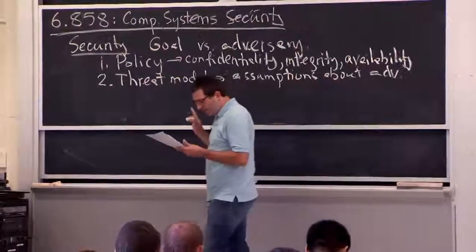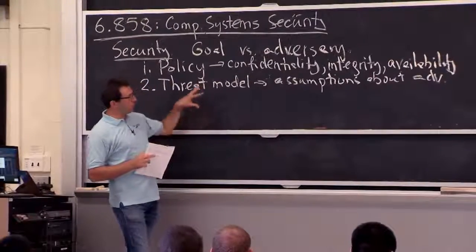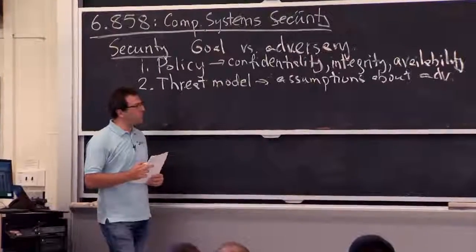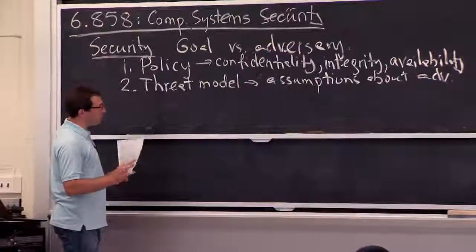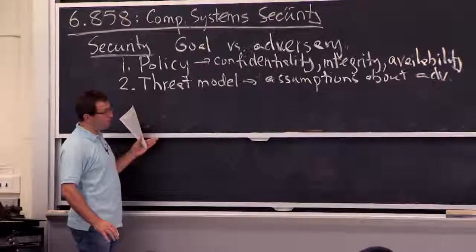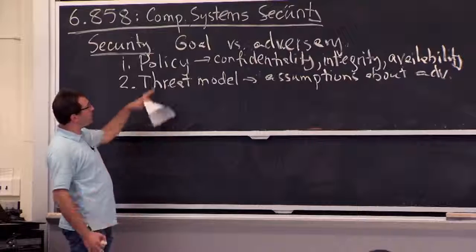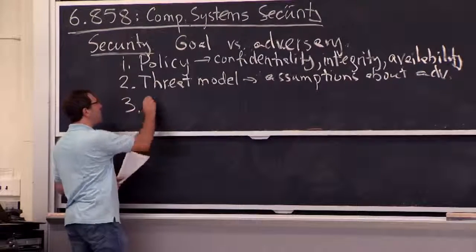And it turns out that this is actually quite tricky to come up with, but I guess one general rule is it's much better to err on the side of caution and being conservative in picking your threat model, because the bad guy might always surprise you in terms of what they might be able to do in practice. And finally, in order to achieve security, in order to achieve our goal under these set of assumptions, we're going to look at some mechanism.